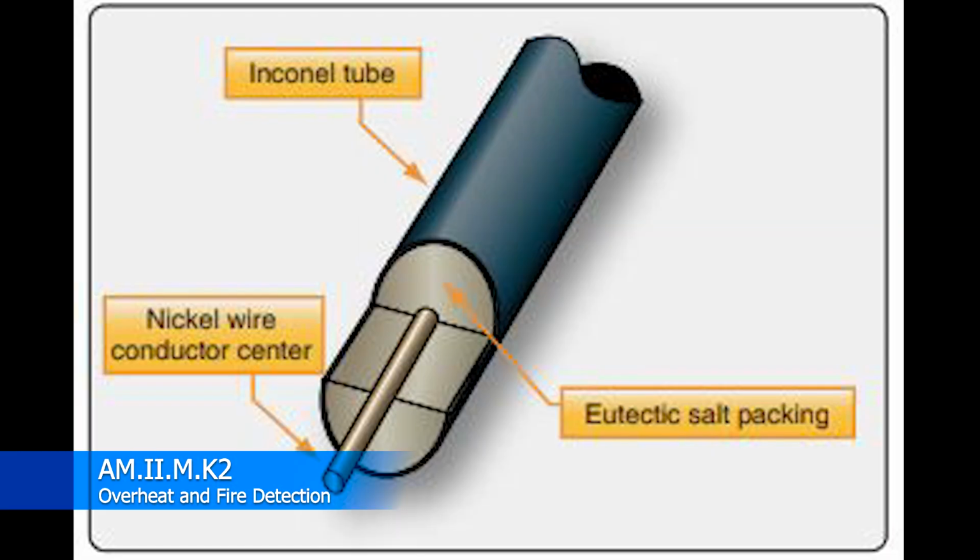Okay, so the Fenwal system uses a single wire. Now that wire is housed in an Inconel tube with a thermally sensitive eutectic salt that's packed around it. What ends up happening is that wire runs over the course of the entire engine. When one spot of the engine gets hot, the resistance in that wire begins to drop. Now there's a signal voltage on either end that's trying to complete a circuit, but it can't because the resistance in the wire is too strong for it to get through. But with the increased heat, the resistance lowered, a connection can be made,